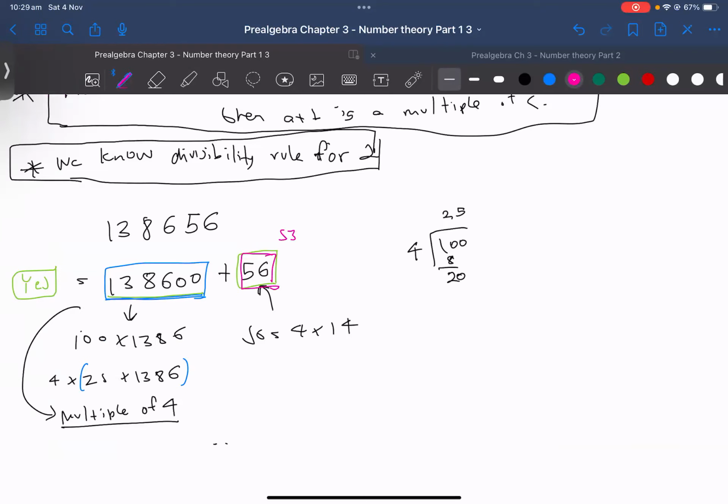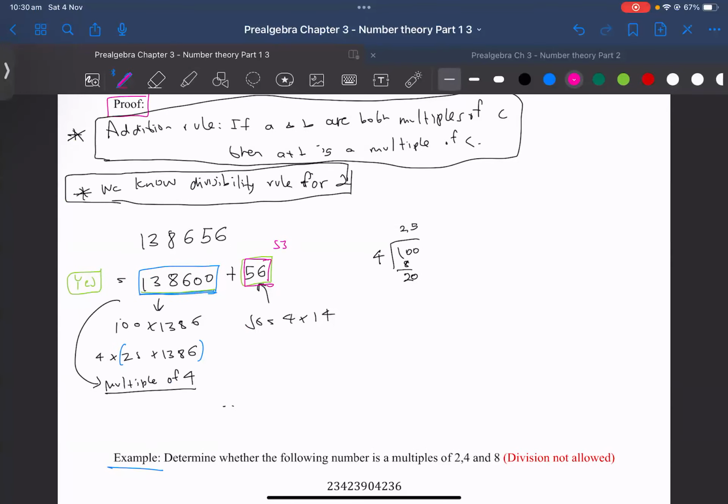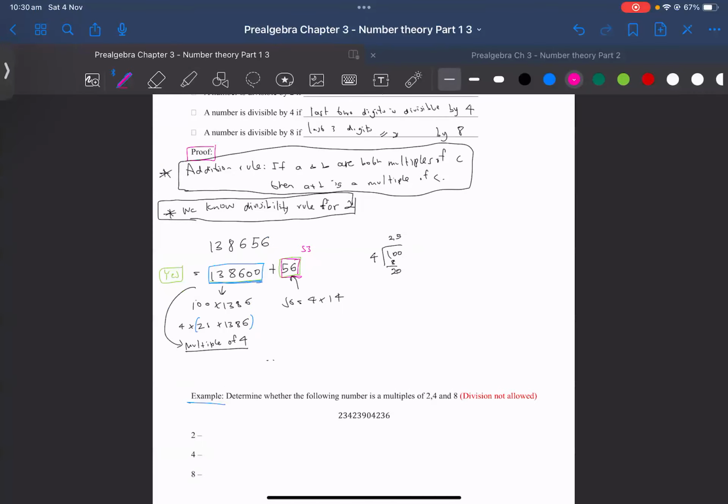So the first number will always be a multiple of 4, which is like the hundreds part. It would depend on the other number to be a multiple of 4. That's how you sort of prove it. Any questions about that? No. All right. So if that didn't make full sense, that's completely fine. You don't need to know the proof. You just need to know how to use it. So we'll use it now